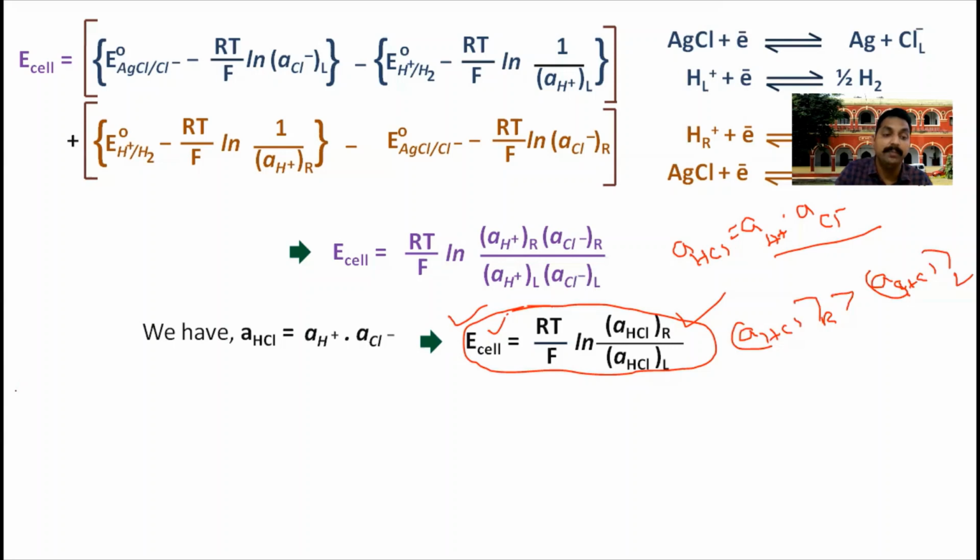What is the relation we have? Mean ionic activity A plus or minus is equal to square root of activity of H plus ion into activity of Cl minus ion। अगर हमने H plus ion और Cl minus ion की एक्टिविटीज सेम ले लेंगे तो क्या होगा ये, तो स्क्वायर रूट ऑफ एक्टिविटी ऑफ H plus ion होल स्क्वायर, क्योंकि हमने H प्लस का क्लोराइड का दोनों का सेम हमने मान लिया, तो इसका मतलब दैट इज इक्वल टू एक्टिविटी ऑफ H प्लस आयन।